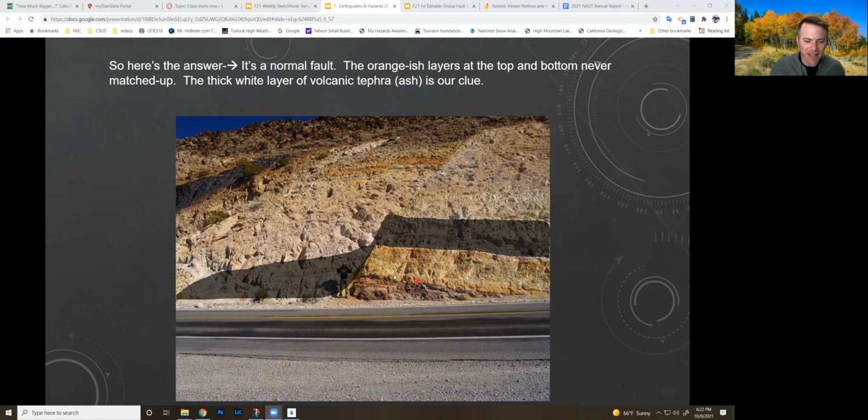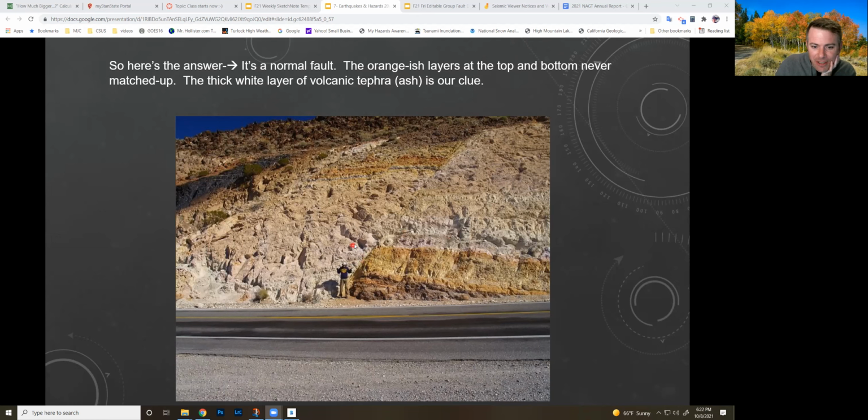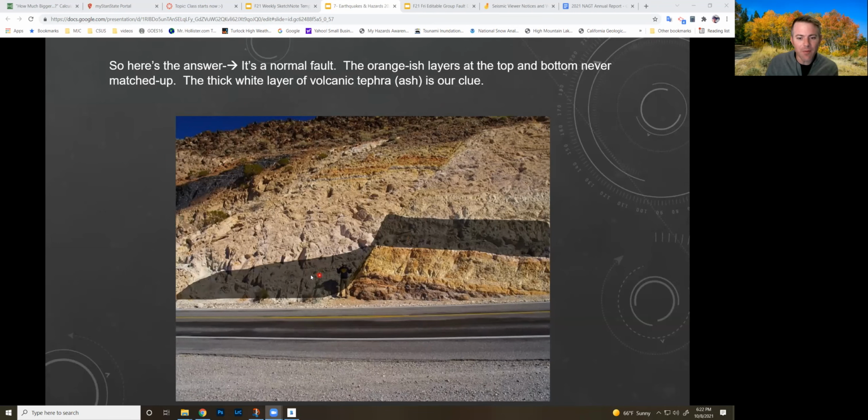So if I asked you then, where on this side of the fault, on the hanging wall side of the fault, where is all of this orange and yellow and brown stuff that's right here? Where would I have to go to find this stuff? Like in this picture, where would I have to go over here to find the other matching bits? Is it not quite at the top? Well, if I went to the top, maybe, but if you take a look at this, if you imagine these black layer, the layer I have highlighted here, if you imagine and rewind time and bring the hanging wall,